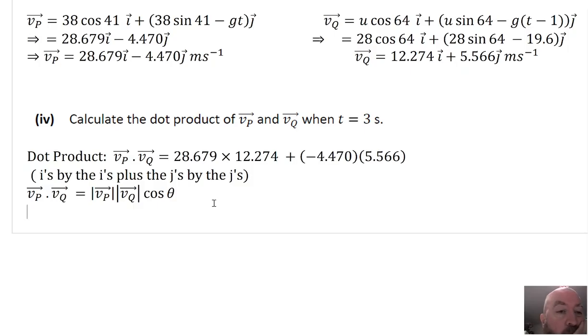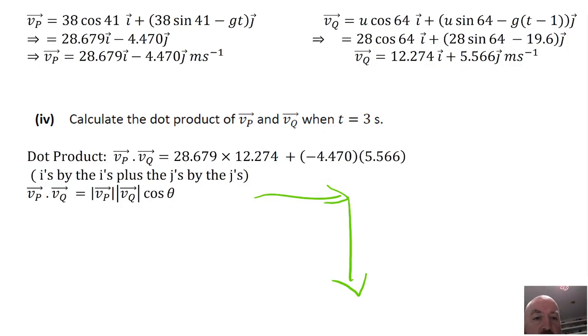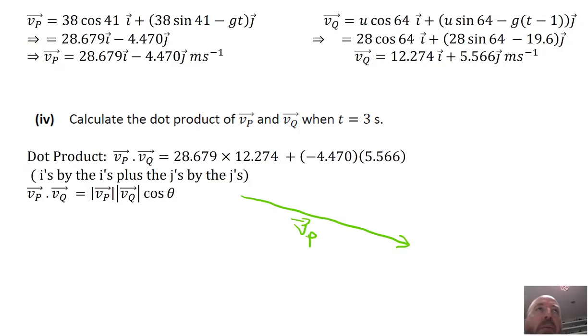But let's have a look. What's going on in this question? Let's figure out what VP looks like. So VP is going across and down. 28 across and 4 down. So roughly it's something like that. Remembering a vector is something that has direction and magnitude, hence the angle and the size of the arrow. And then VQ is